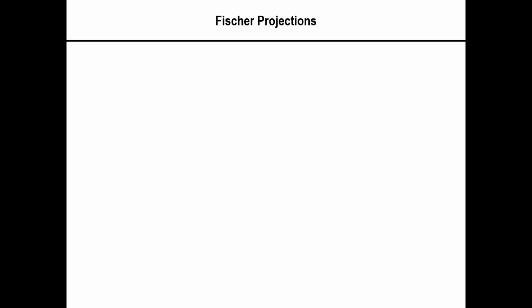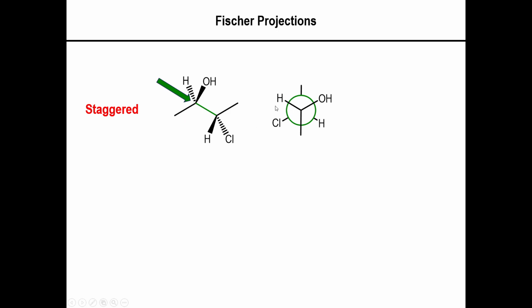And you may recall that when you're looking at an organic molecule, like this one in particular, 3-chloro-2-butanol, you can look at this from the point of view of a staggered molecule, which is the more stable version of the molecule, where you have the least amount of steric hindrance or even strain in the molecule. And if you basically focus on this carbon-carbon single bond, you, in essence, will derive a